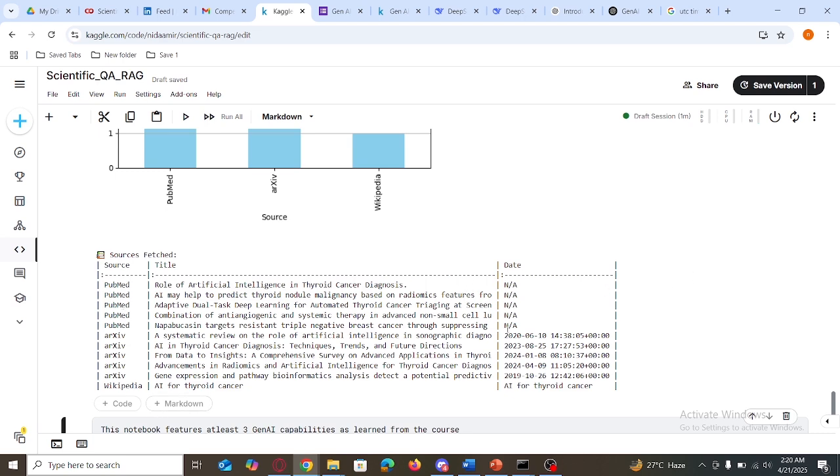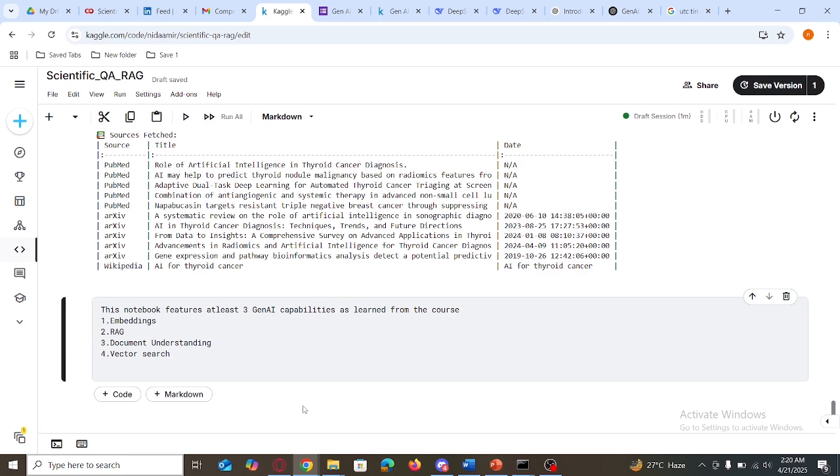The date is not available for PubMed, but arXiv has mentioned dates and times also. Plus, Wikipedia is also not giving any date here. And this notebook features 3 GenAI capabilities, and I am hoping that in future further developments are made and more GenAI capabilities will come in action.